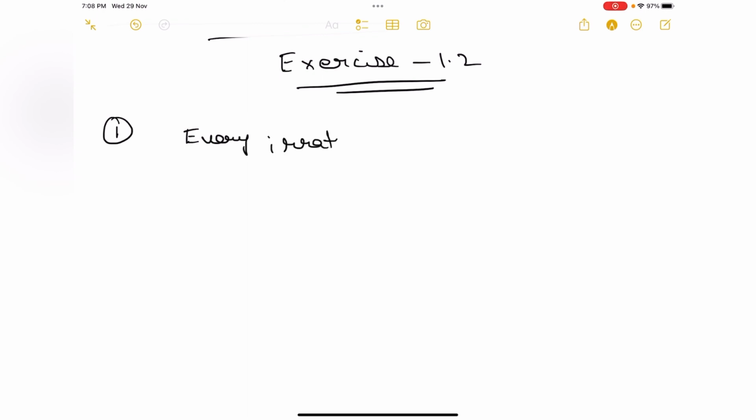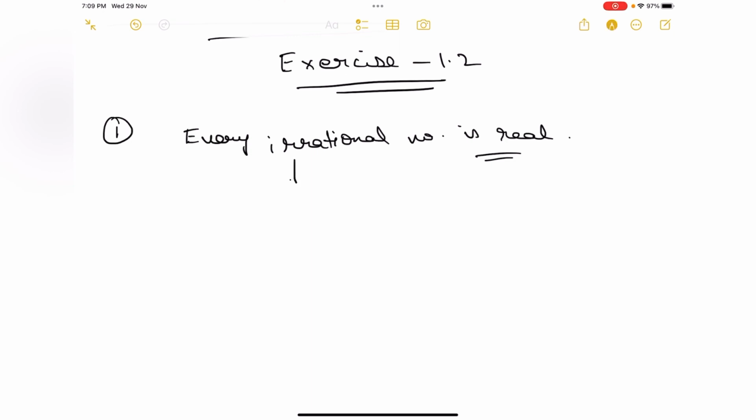So, every irrational number is real. Now, is that true? Is this statement true? Yes, it is true. Why? Because